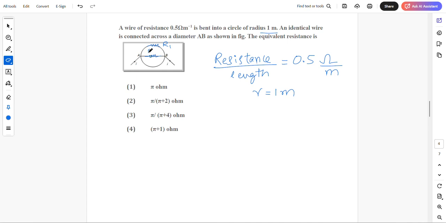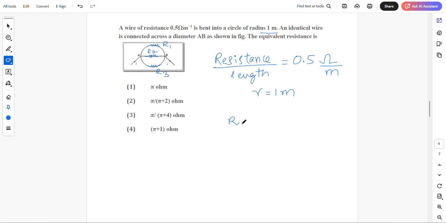That is diameter AB. Correct. Let this be the lower semicircle R3. Okay, this is the upper semicircle and this is the diameter, and this is the lower semicircle of the circle. Now how much is R1? R1 is nothing but,